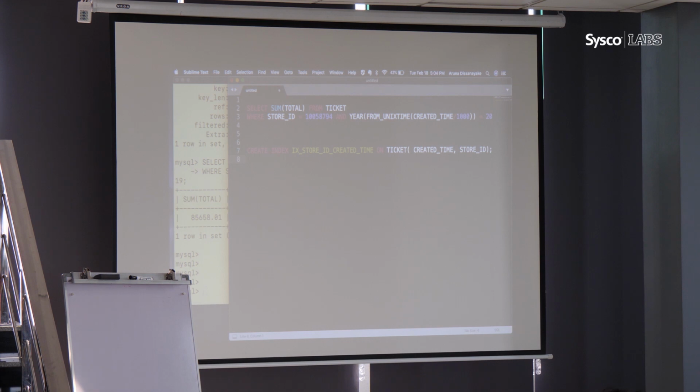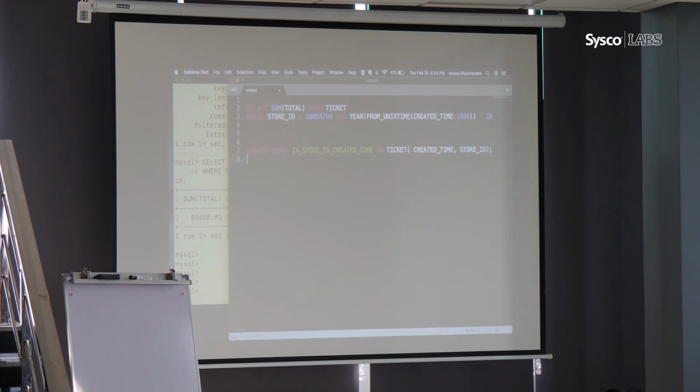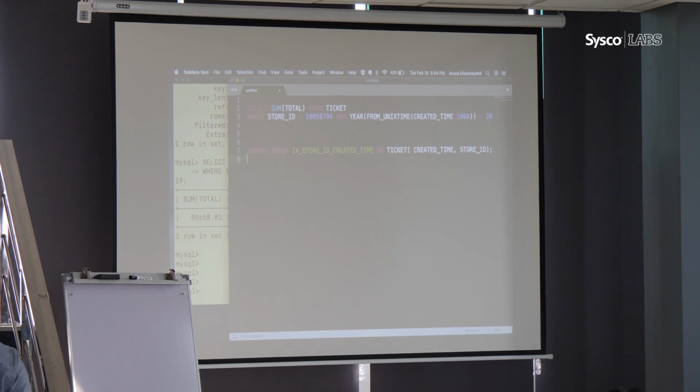I'm going to create an index on the ticket table from both created time and store ID, right? Whether this index is correct or wrong, that's a separate question. Let's see how it works and whether there is any other way that we can optimize the index as well. First, I'm going to create this index.